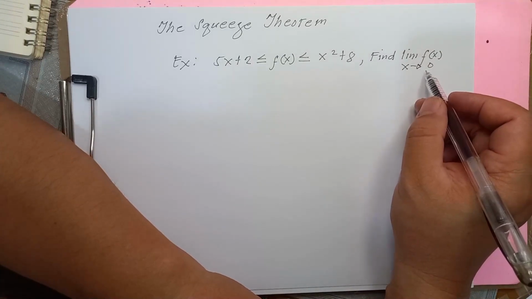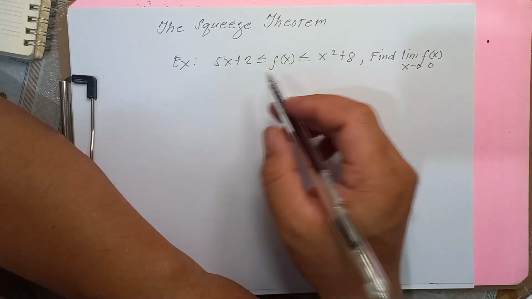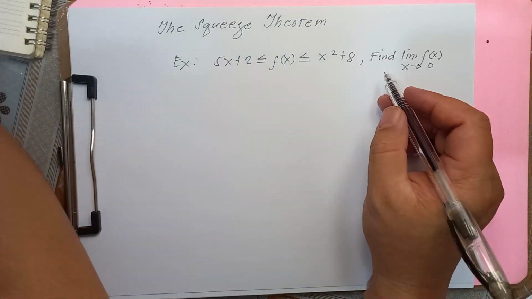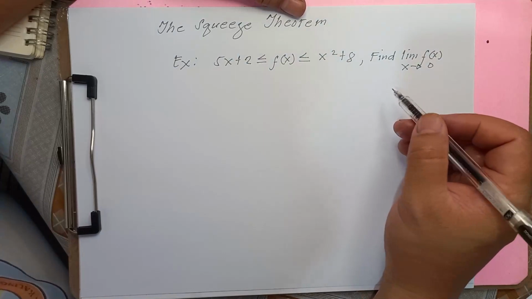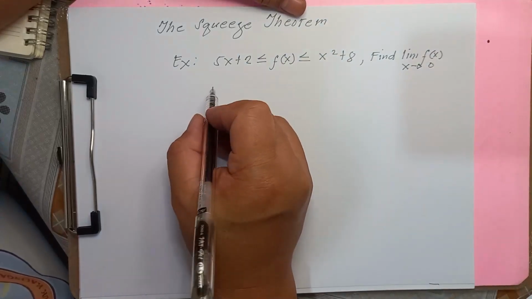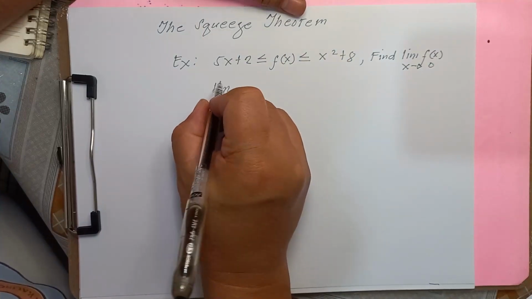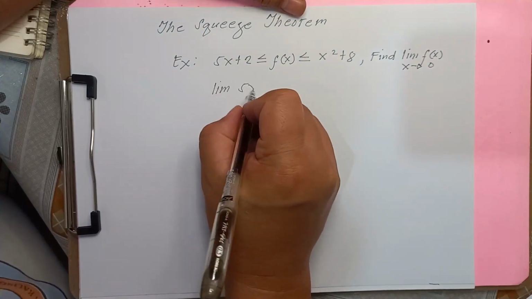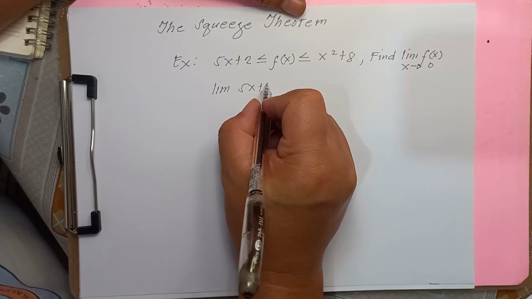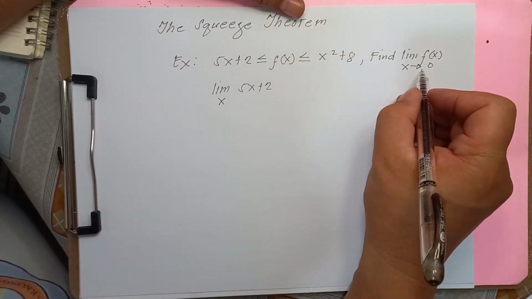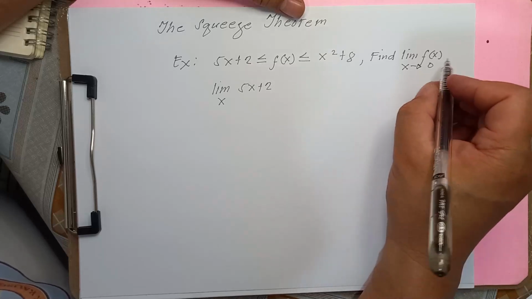In order for us to solve this, we convert it into limit notation. We say that we have the limit of 5x plus 2 as x is approaching,